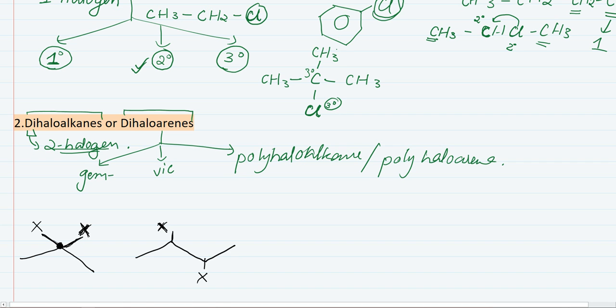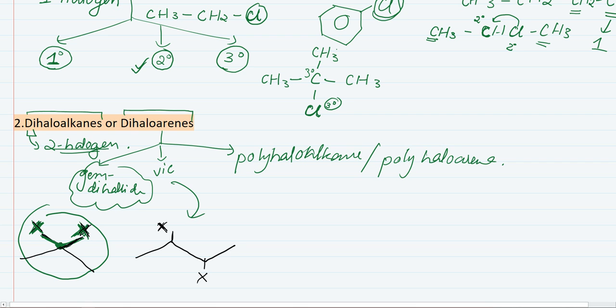If you talk about geminal dihalide, what is geminal? First of all, geminal is a structure in which a carbon atom is attached to two halogen atoms. So if you have two halogen atoms attached to a single carbon atom in your structure, then we will say that it is a geminal dihalide. In this case, you have two halogen atoms attached to this carbon atom, so we will say that this is